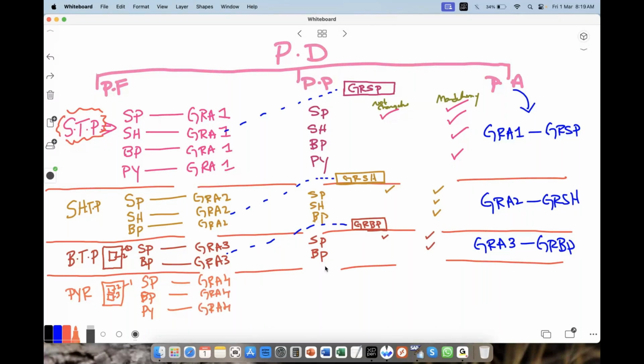I create a procedure GRPY, SP, BP, PY. Not changeable, mandatory, mandatory, and mandatory. Now this procedure to be connected to this account group 4 to